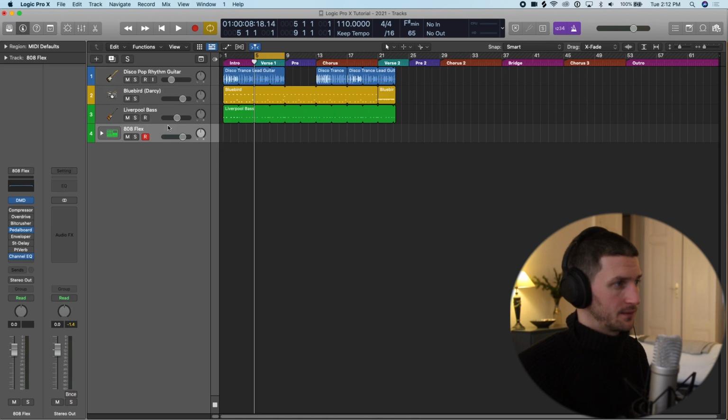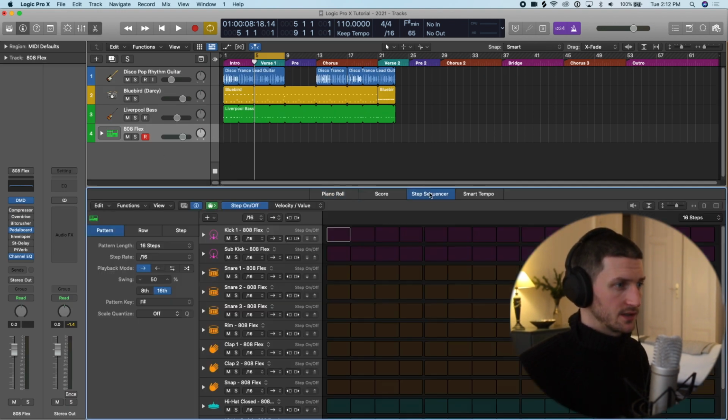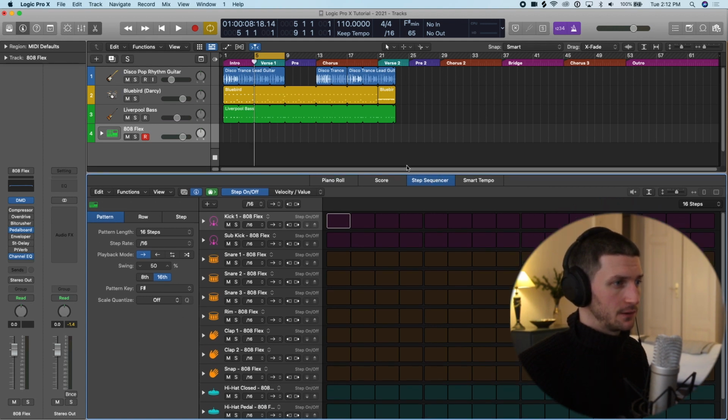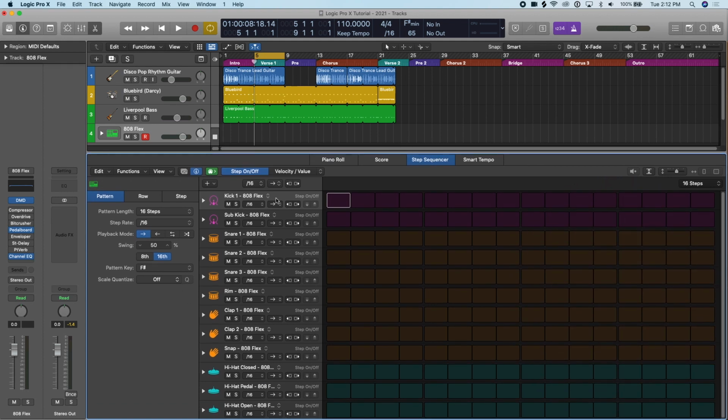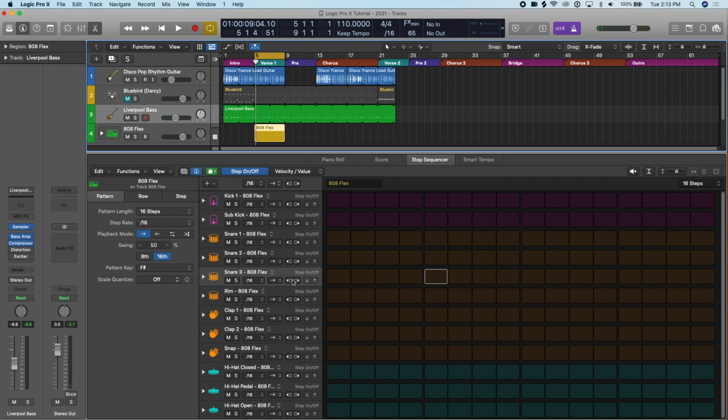Now I'll open up the step sequencer again by pressing E and going to step sequencer. So now I have my full drum kit here. You can see the kick, the snares, all the pieces in the drum kit that the 808 flex gives you. Let's say on every